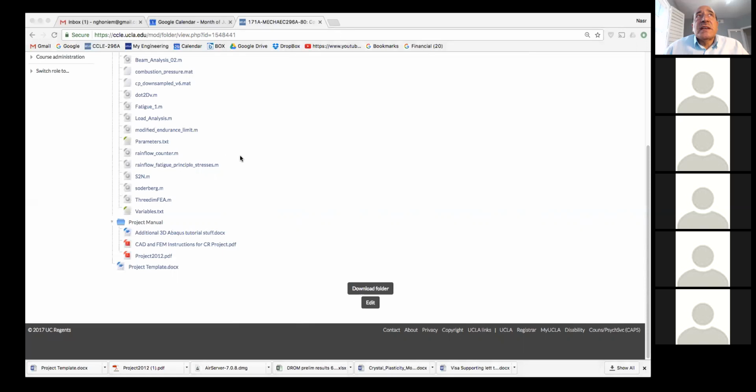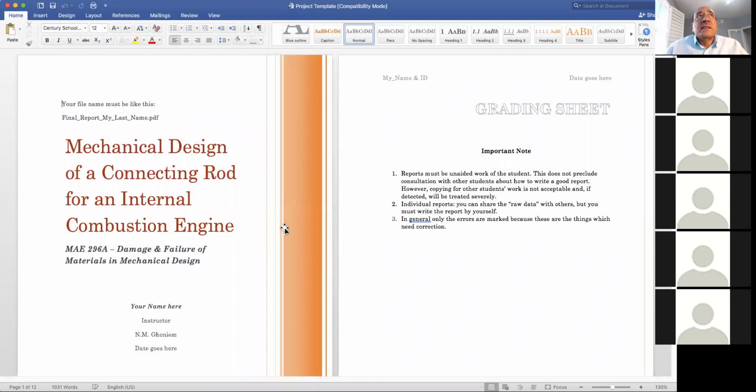So if you look here, this is how it looks. On the template, you put your name here, so it would be like final report or progress report, and then your last name or last names of the team members.